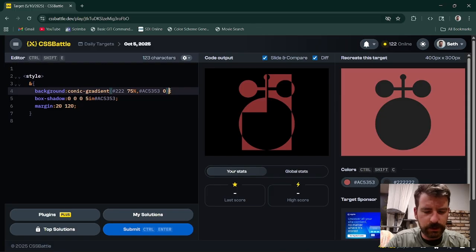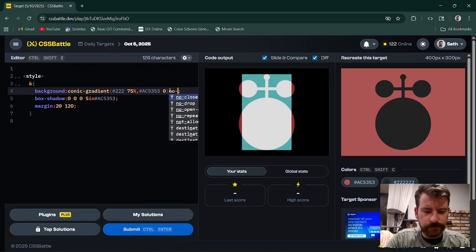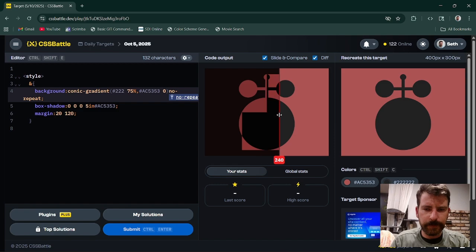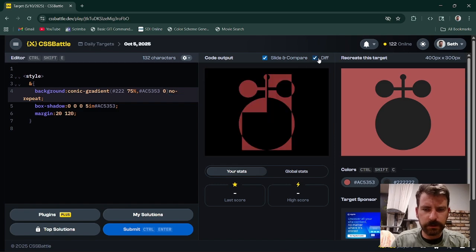No repeat. All right, let's get it positioned. Do I want to do the at rule or the background position rule? I always forget with this. So if I do at first,